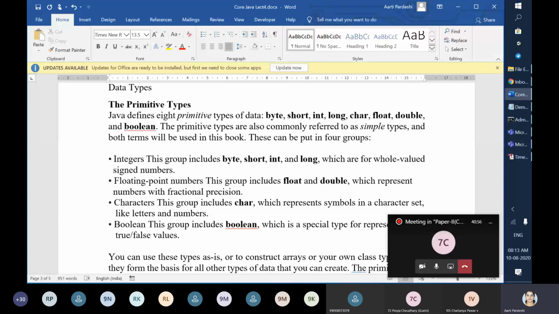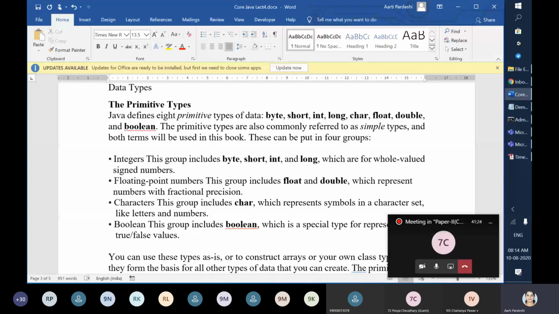Now I will explain you the exact difference between float and double. Float is a single precision value and double is a double precision value. What that means I will explain. Then char means characters. Characters is going to have char under it. As you can see, there is no String under the primitive type characters.